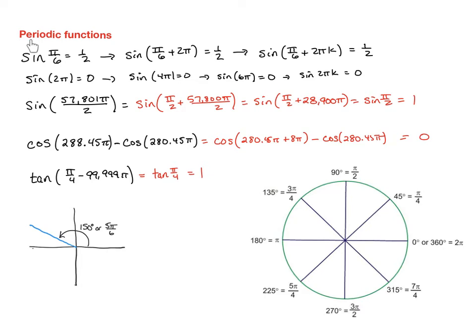All right, we're going to talk about periodic functions. All the trig functions are periodic in the sense that they repeat themselves every so often, and that every so often is called a period. For example, the sine of 150 degrees, we know, is 1/2. My reference angle for 150, of course, is a 30-degree reference angle right here, this acute angle, and the sine is 1/2. But we also know that if you add 360 to it and go around another 360 degrees,